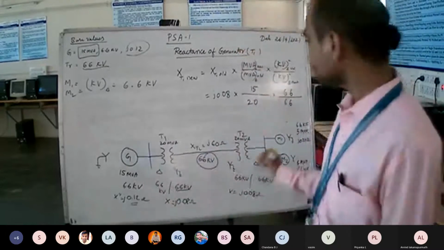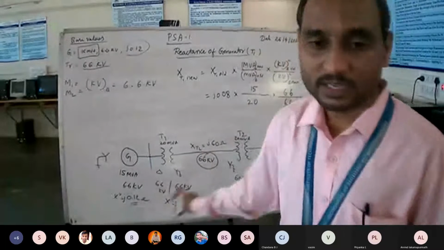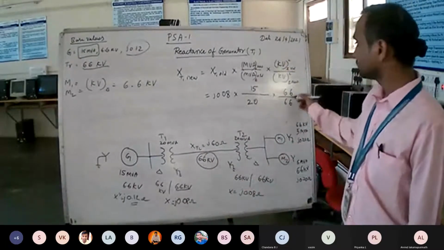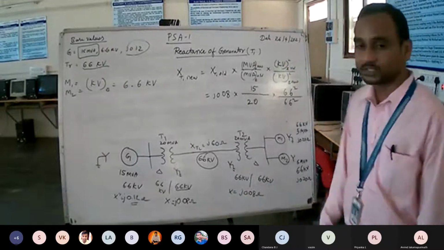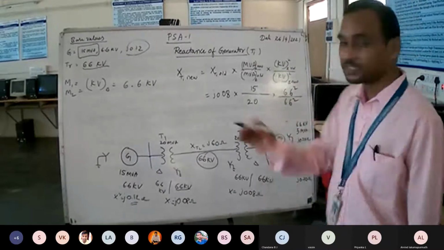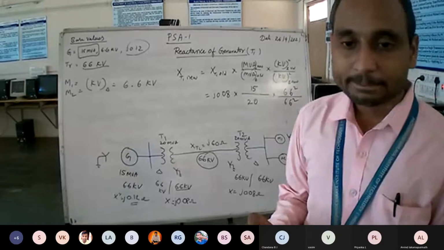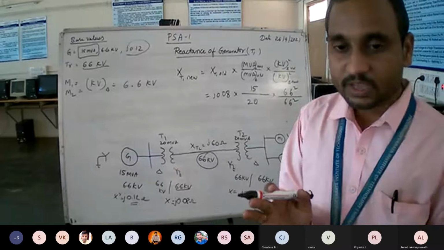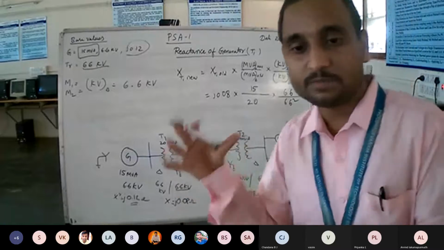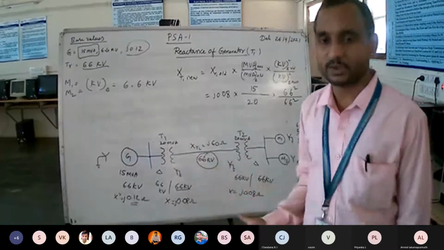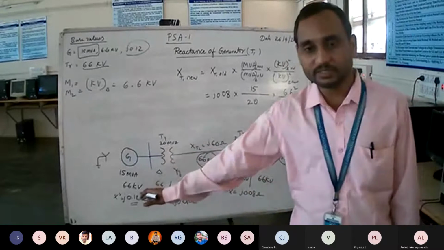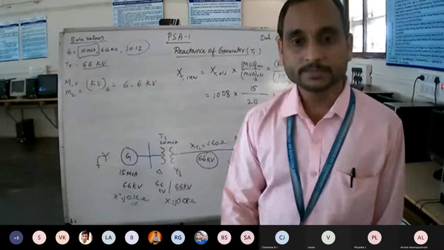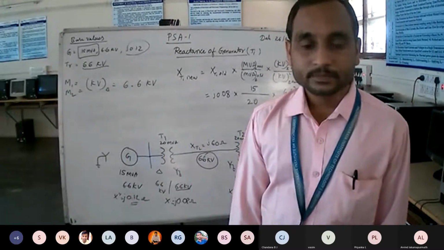If you take the primary side it becomes 6.6, if you take the secondary side it becomes 66. You can take either one. Okay, the squares of 66 and 66 should not be changed; it will not be 66 by 6.6. LT and HT don't combine. If you are doing it on HT, both base values you have to take on the HT side only. If we are doing it on the LT side, both base values are taken on the LT side only. Is it clear? All of you? Yes, sir.